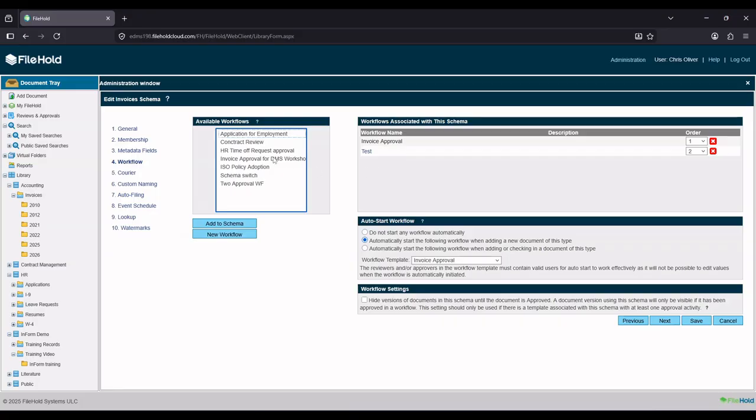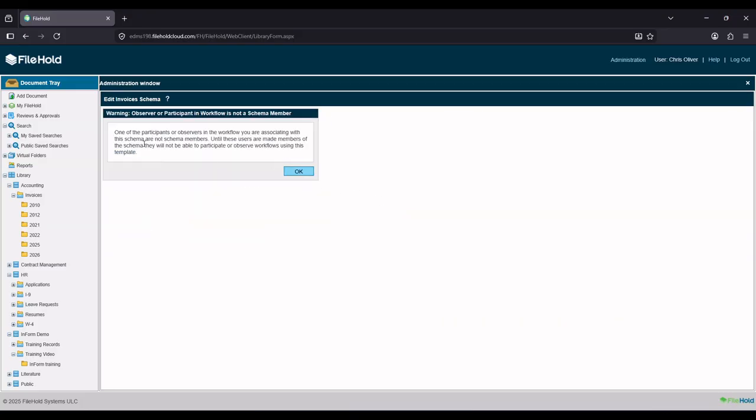So let's go ahead first of all and select our template over here for our available workflows and add to schema. So some of the participants or observers in this workflow you are associated with the schema are not schema members. Until these users are made members of the schema, they will not be able to participate or observe workflows during this template. So what that means is because I have people who are included in this, either Matt or Sally are two of the people I know, or some people on the accounting admin team, they should have visibility